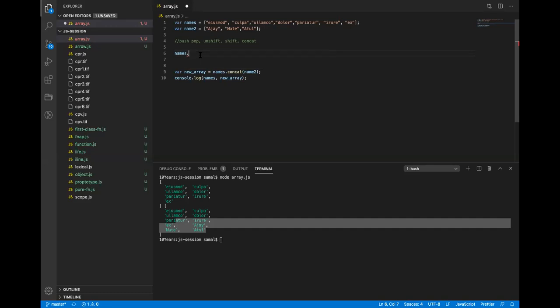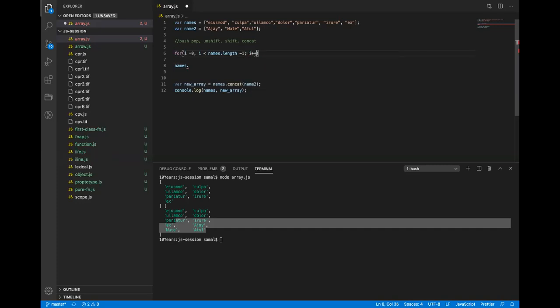Let's say you want to iterate over all the items of the array. Normally we use a for loop. So we say for i equals 0, then i less than names dot length, minus 1, and then i plus plus.